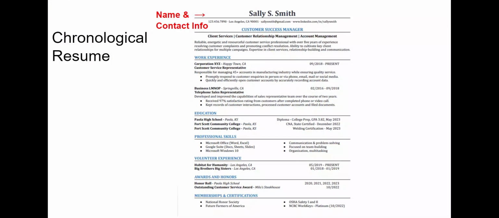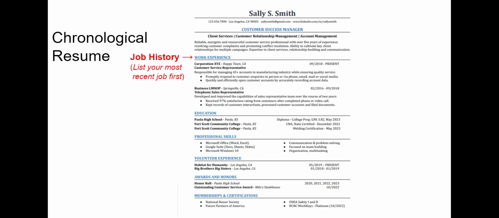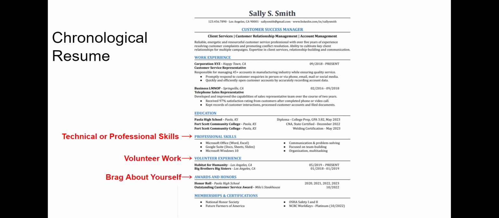Okay, so moving on, this is a quick example of what a chronological resume looks like. You have your name, the desired job title you want, and descriptions of how you can meet the needs of that position, and then any job history you have. Then you would list your education and skilled training. Notice that I separated out Fort Scott credits from Paola High School credits, just so that they see if you do have those,